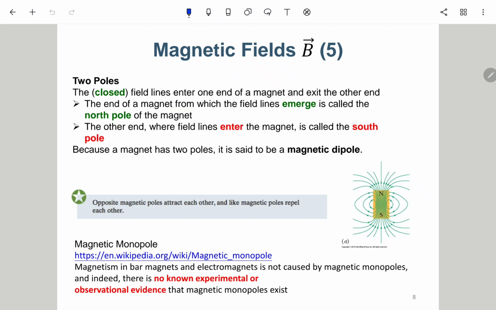So here we also mention the two poles. Actually, a primary student already knows that a magnet bar has two poles. It says the closed field lines enter one end of the magnet and exit the other end. The end of a magnet from which the field lines emerge is called the north pole of the magnet. The other end where the field lines enter the magnet is called the south pole. 所以跟 E field line 蛮类似的。